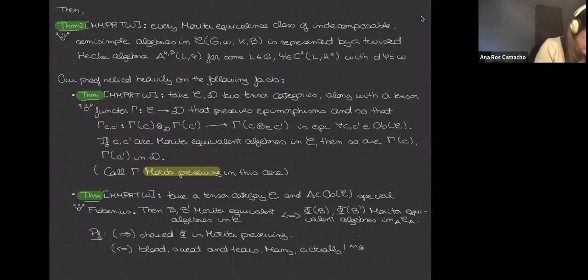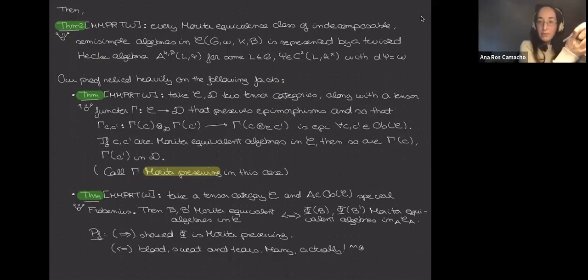If these two are Morita equivalent, this functor tells you that when you're in the target category, they should also be Morita equivalent. And this is what we call Morita preserving. Okay, so this was actually important because if we wanted to jump,